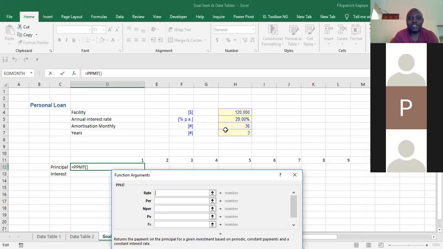So the annual rate is 29%, but I want amortization of every month. So I'll lock this and divide by 12 because I'm converting the annual interest rate to monthly. From here, I'll go to the period. So period 1, month 1, how much am I going to pay? I'm not going to lock because I want it to move. Number of payments that I would want to make, there are 36. So I'll go in there, 36 and lock